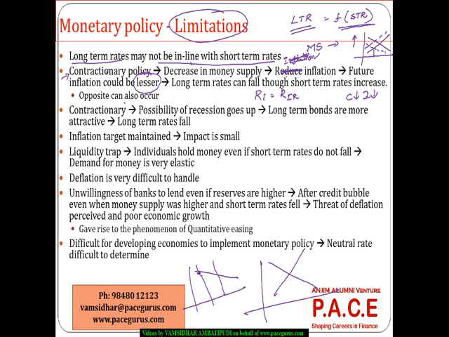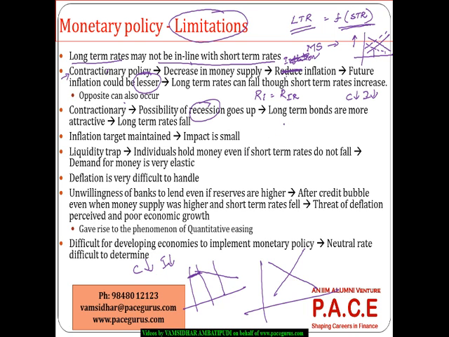The money supply is planned to go down drastically, the interest rates are going to go up drastically, the consumption levels are going down drastically, and the investment and economic growth are getting hampered, so the possibility of recession is going to come up. And once there is a perception that the recession is going to crop up